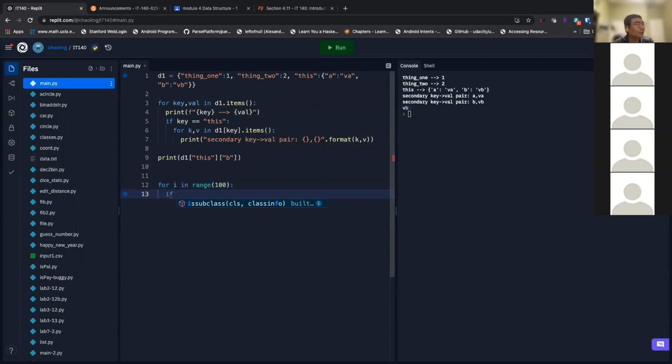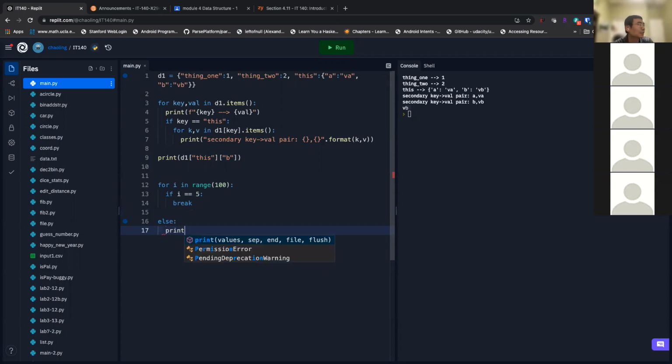And if i is equal to 5, you break, right? And else, print not found.